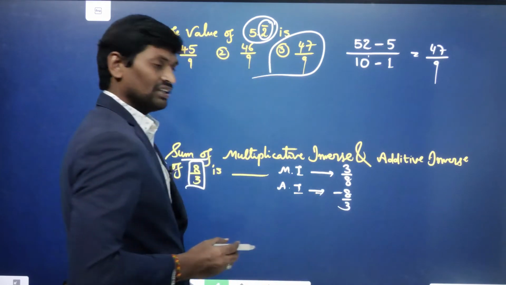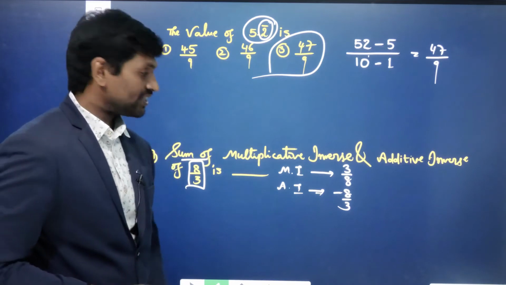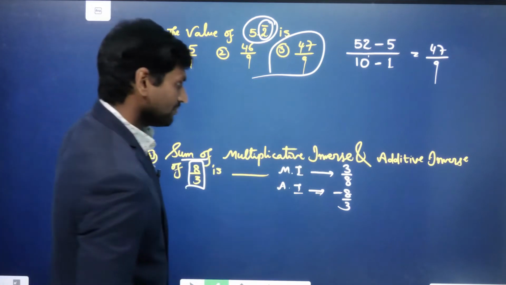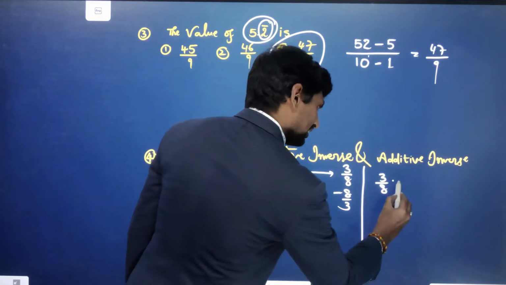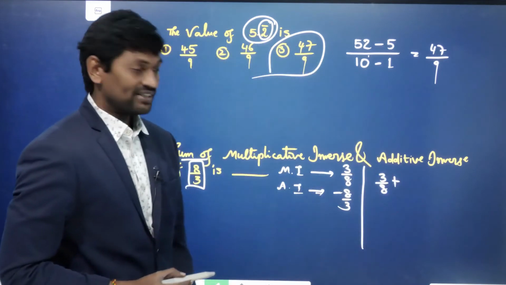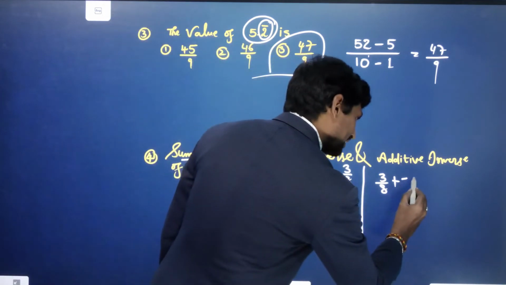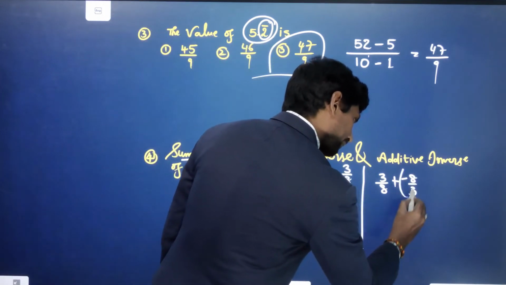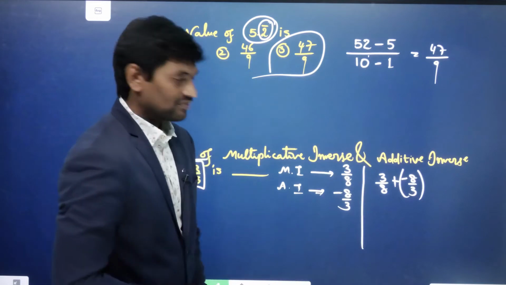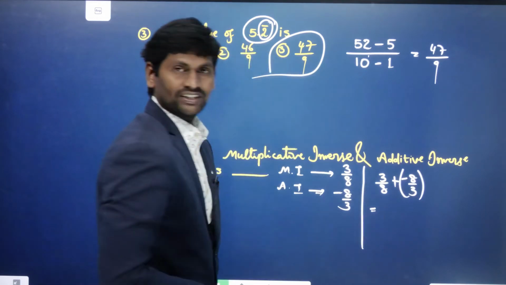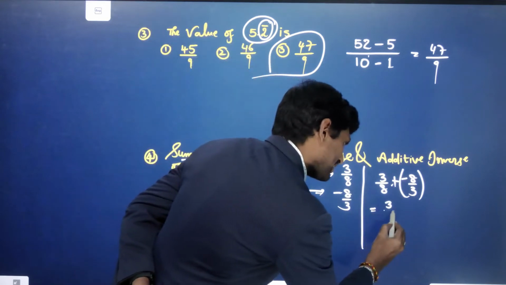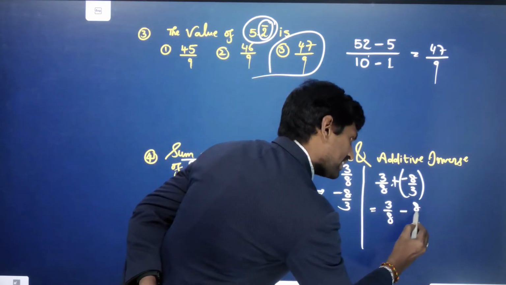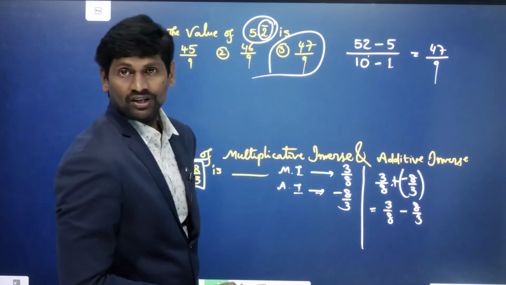Okay? The additive inverse of 8 by 3 is minus 8 by 3, and we need to identify their sum. That means the multiplicative inverse of 3 by 8 plus the additive inverse is minus 8 by 3. Okay, check. Let us simplify this. Now plus into minus is minus. So if you write it like this, 3 by 8 minus 8 by 3, apply the cross multiplication or nothing but